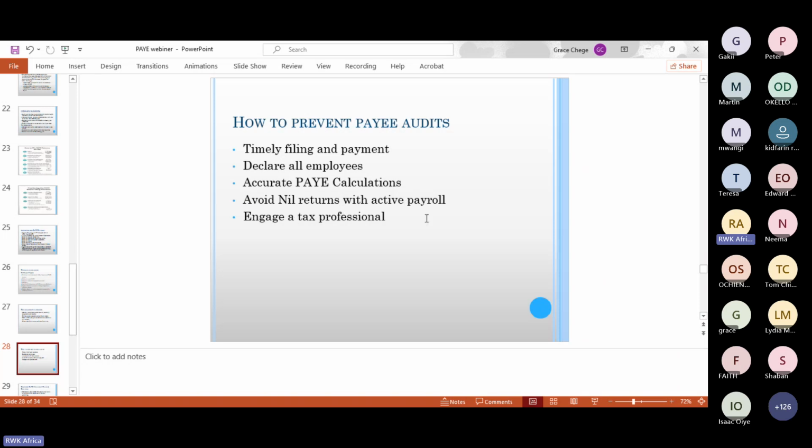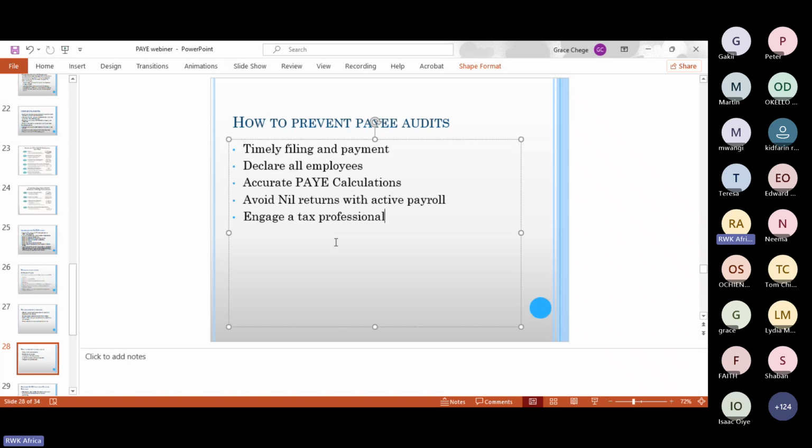Avoid filing nil returns with an active payroll. So if you have a pay obligation and maybe your business closed down or for whatever reason you do not have employees, you can deregister for the same. You can apply for deregistration instead of having to file nil returns over and over. This is just to prevent KRA from questioning that. Lastly but not least, engage a tax professional,